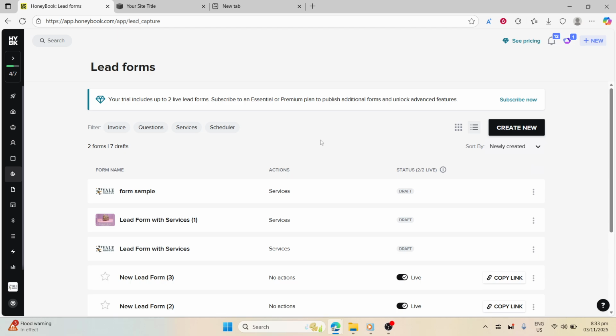In today's video, I'm going to teach you how to set up HoneyBook on Squarespace for an audit offer. The process is straightforward and can make managing client information much more efficient. Let's jump right in. To start, you'll need to create and customize a form in HoneyBook designed specifically for your